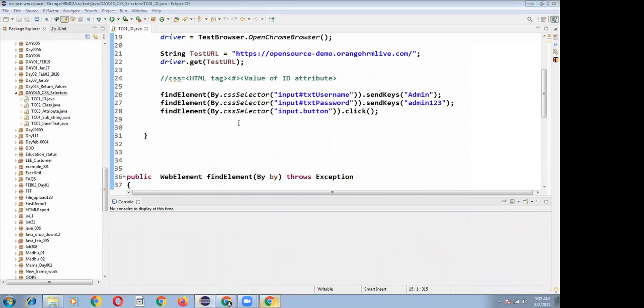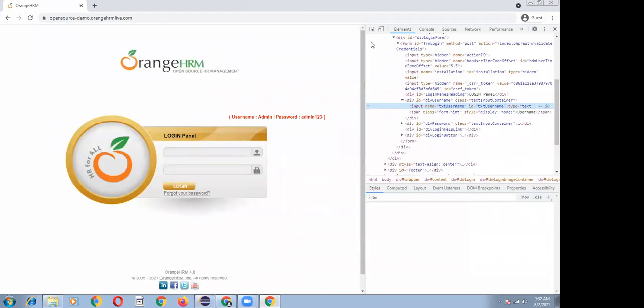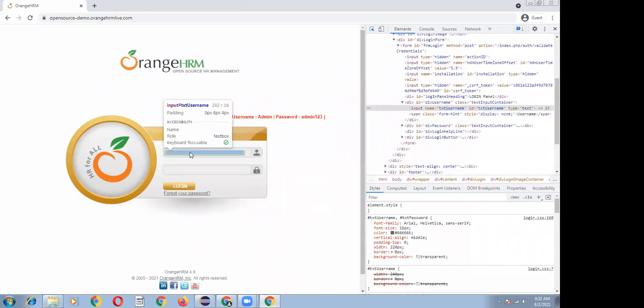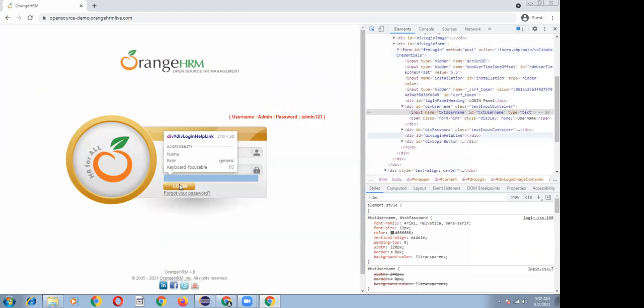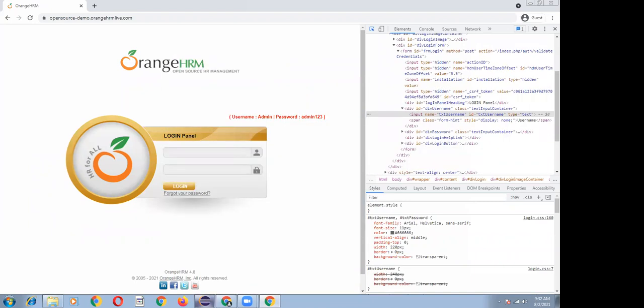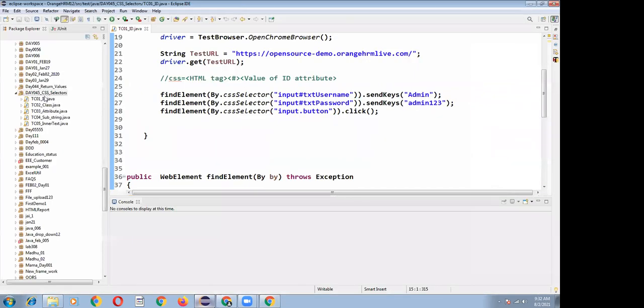So we know the generic concept. Just right click and click on inspect, click on the mouse pointer icon and keep that mouse pointer on that particular web element. We come to know the CSS selector is input#txtUsername, input#txtPassword, and input#btnLogin.button. So like that, we know about the CSS locator strategy. With the CSS locator strategy, we can locate web elements in 4 different ways. Let's understand what those are.